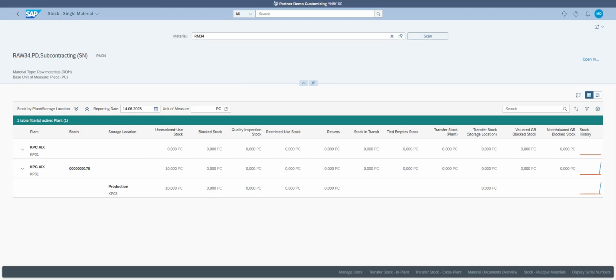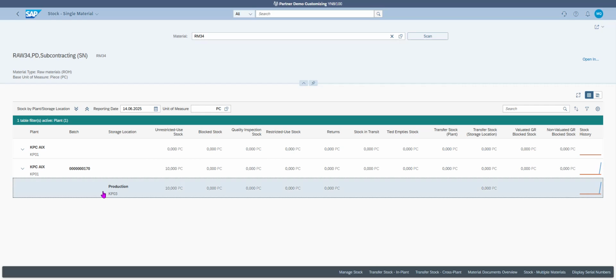Okay, I'm able right now to display the information. I select, for example, the storage location. In production, it's not good, but I will show you in this case. And I click on display